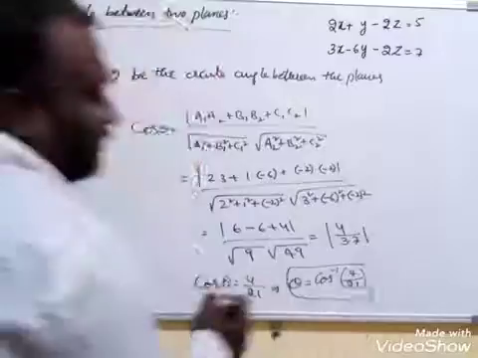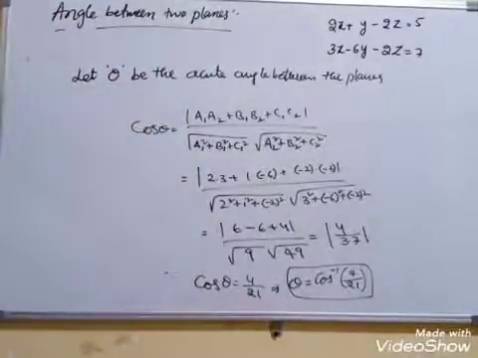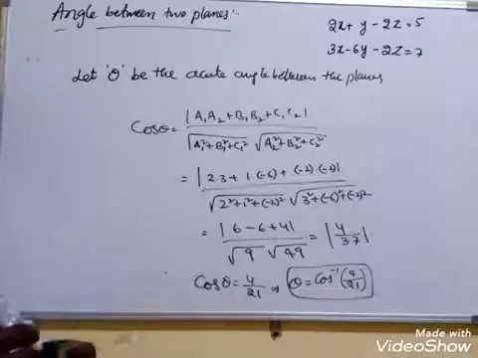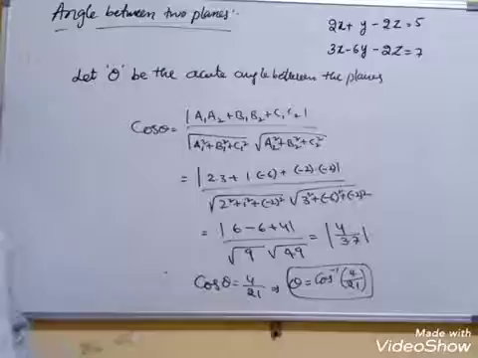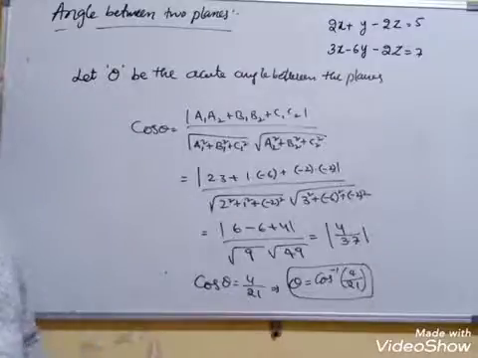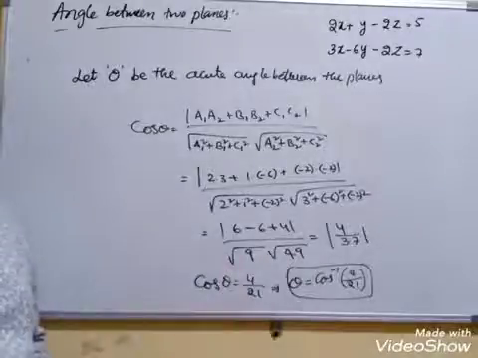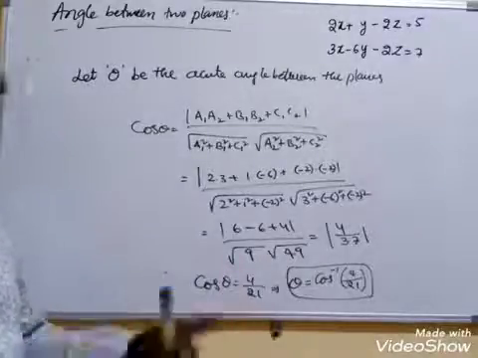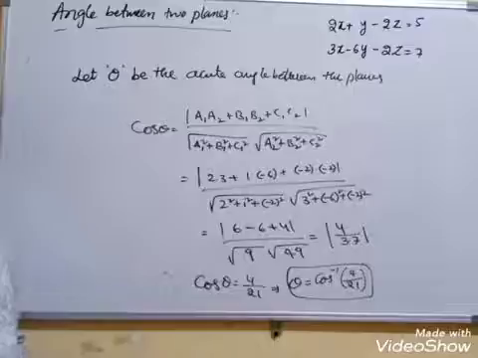If they ask to find the angle between the planes directly, then you can use the direct method. But be careful, read the question properly. If the given equations are in Cartesian form and they ask to find it by the vector method, then if you use another method you won't get any marks. Why? Because they have specifically specified the vector method. Read the question completely and attempt properly.